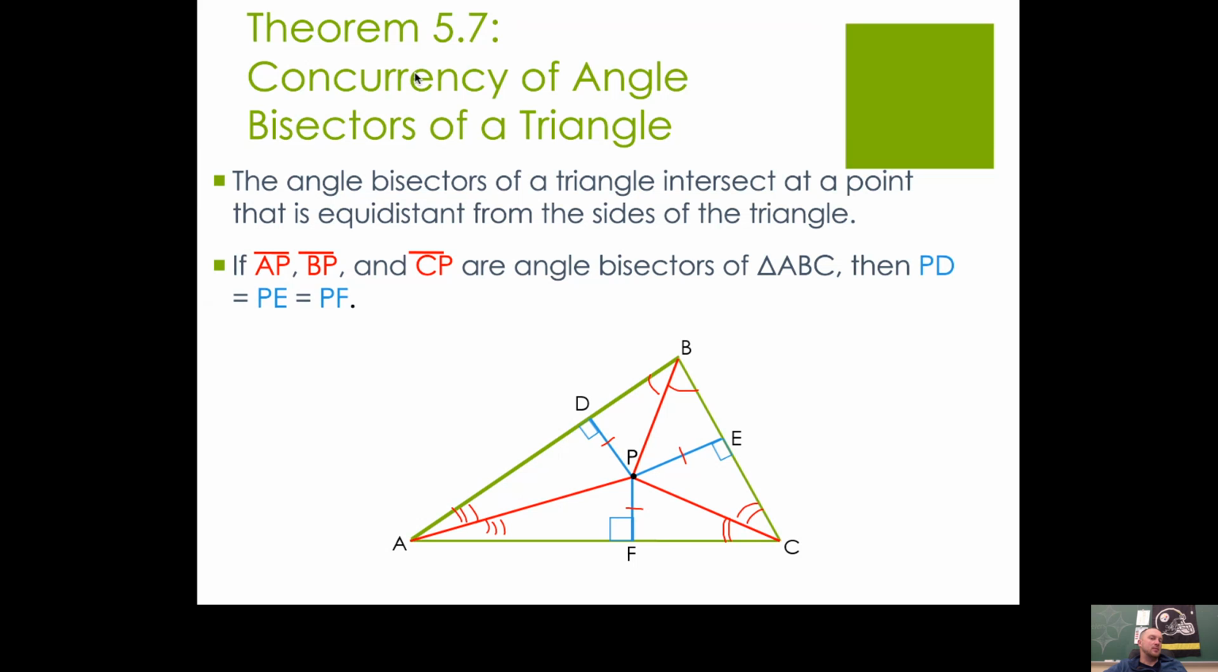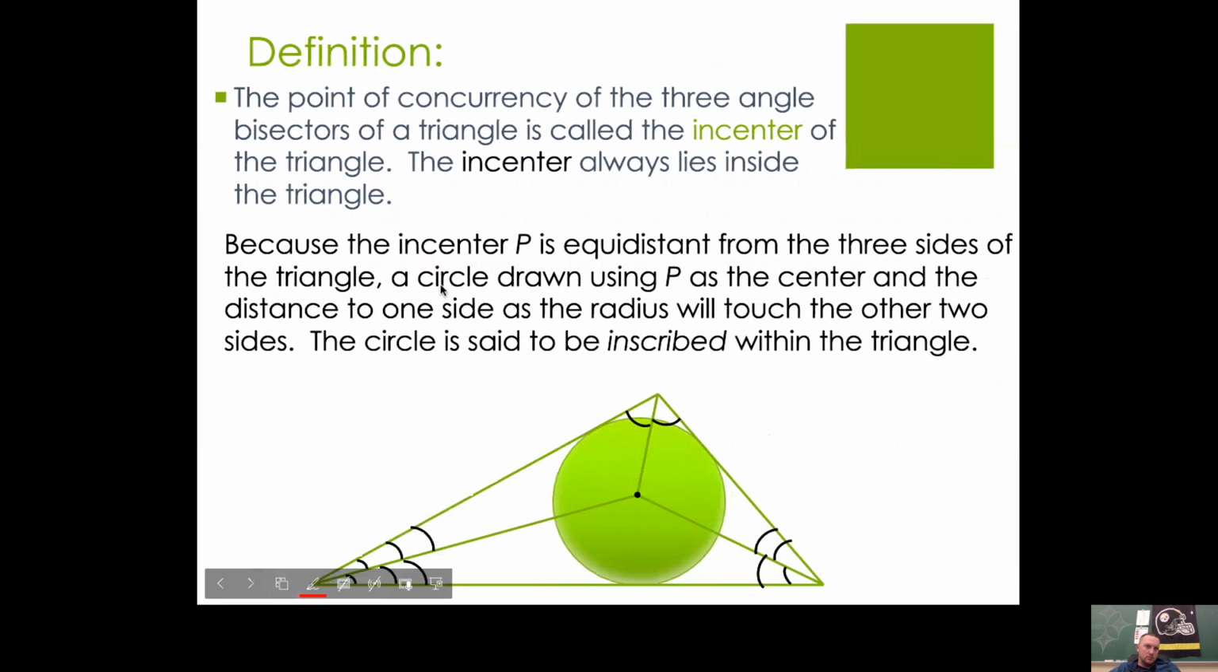This is theorem 5.7. It's called the concurrency of angle bisectors of a triangle. That point of concurrency of all three angle bisectors of a triangle, that's called the incenter of the triangle. The incenter always lies inside the triangle. Because the incenter P, we'll call this P here,